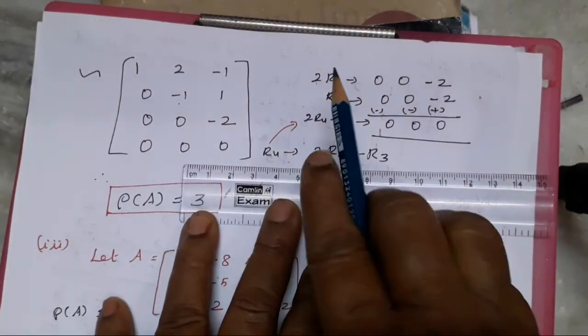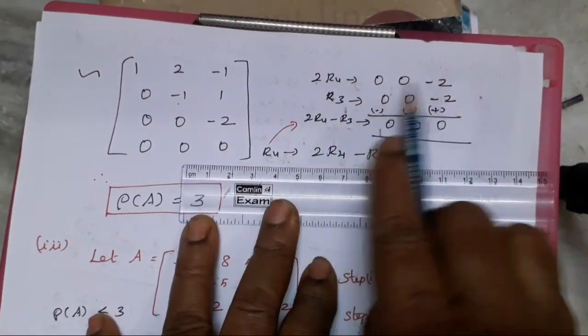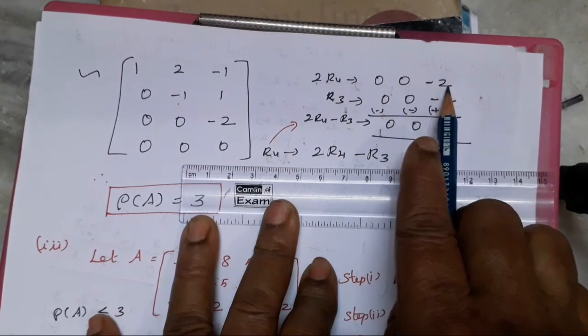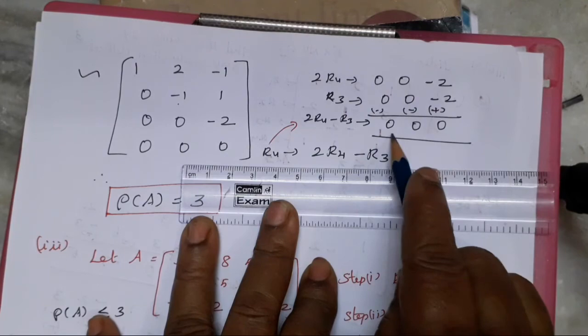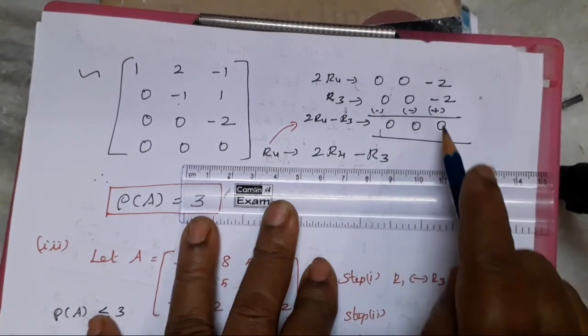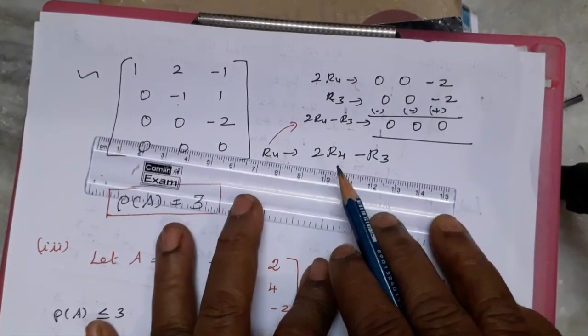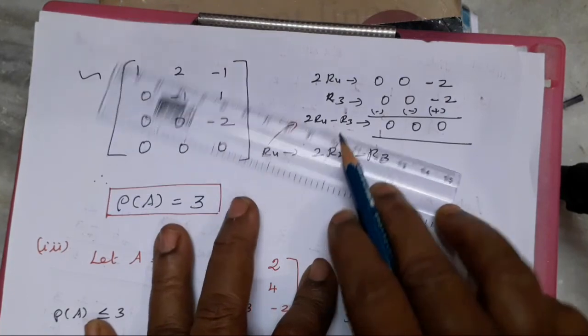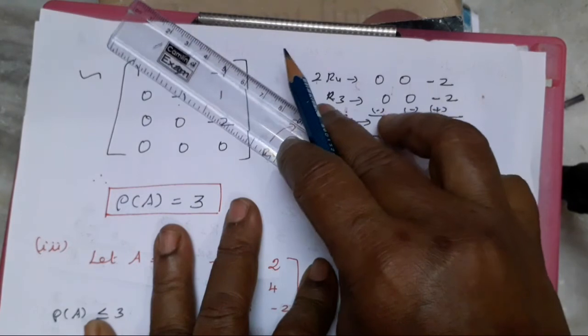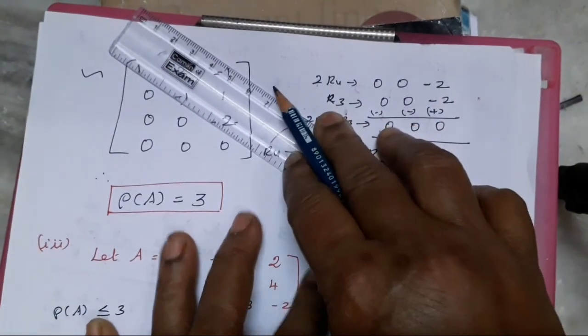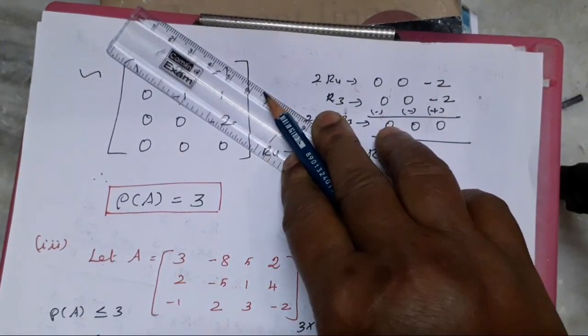So R4 is fully multiplied with 2. 1 becomes minus 0, 0 minus 1 becomes minus 2. We write the R3: 0, 0, minus 2. You subtract, we get what? 0, 0, 0, and minus 2 becomes plus 2. It's very important. Now the last row becomes 0. See the main diagonal: 1, 1, minus 1, minus 2. See the main diagonal A11, A22, A33. Below the main diagonal, all the elements are 0.